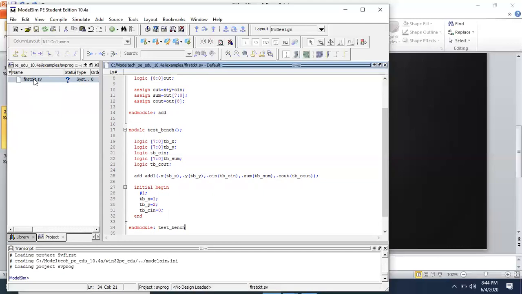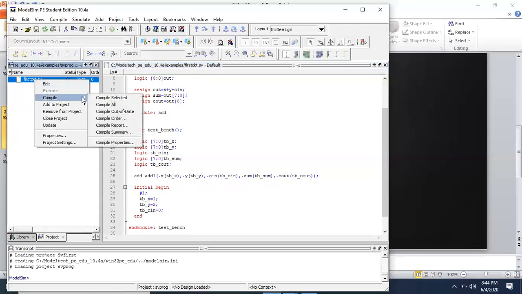Then right click on the first circuit, first ckt.sv, to compile this file. So click on compile selected.